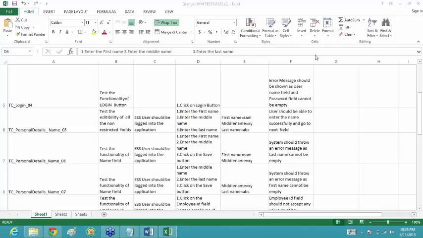After that, for the first name field, you check that it is allowing the user to enter the first name. After that, middle name entry, it is allowing the user to enter the middle name. The last name, it is allowing the user to enter the last name. And after that, for the save button, you write a test case to click on save to save the already entered fields. Is this the case, or before that do we have to check for all the fields, because before